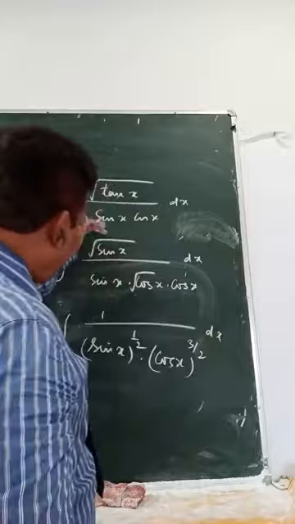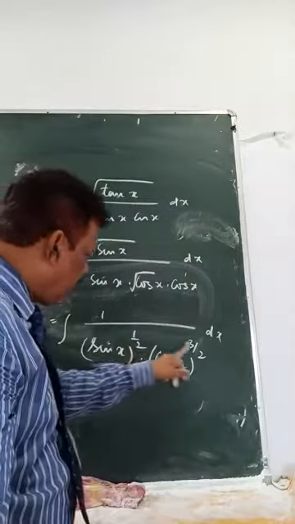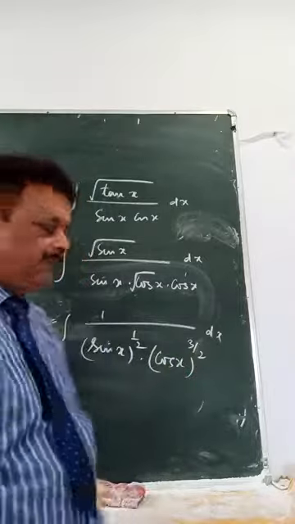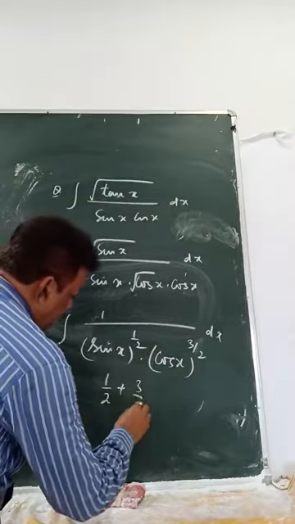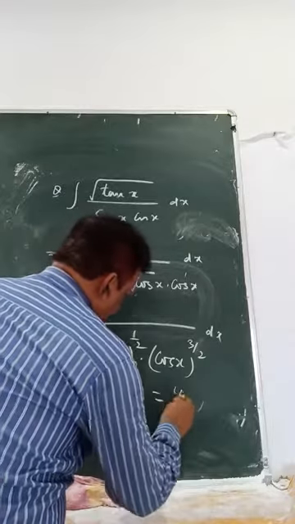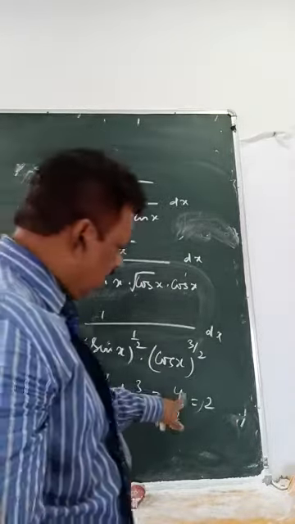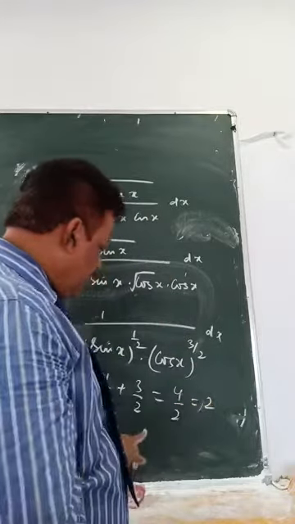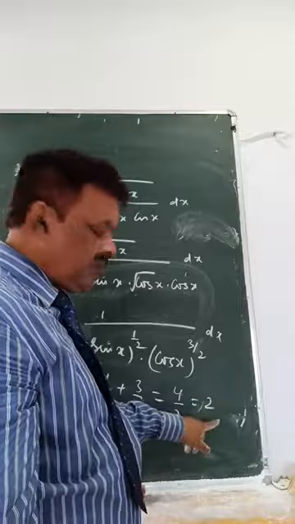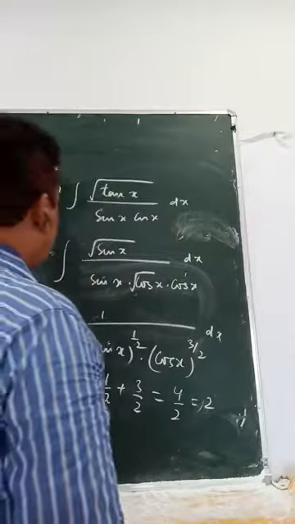So I simplified it, brought it to the formula. Now check whether half plus 3 by 2 is even or not. What is half plus 3 by 2? That is 4 by 2, that is 2. Since it is even, you have to divide by cos to the power 2k. What is 2k here? 2k is 2. So now we have to divide